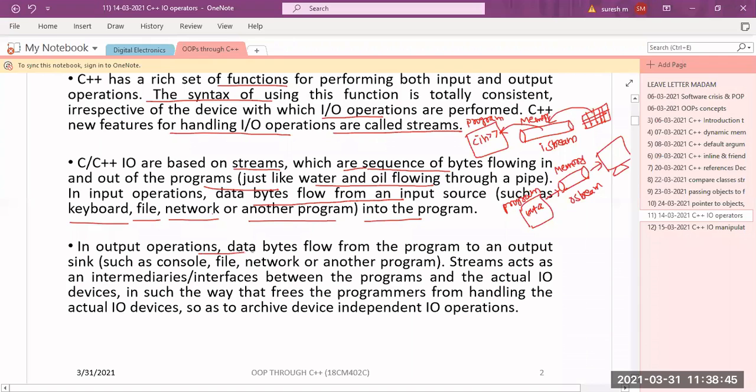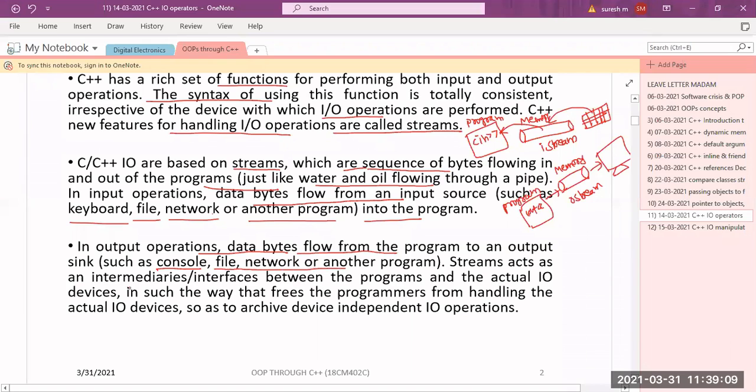In an input operation we are taking the data from this sequence of bytes. In output operations, data bytes flow from the program to the output sink. Output by default means console input/output, that's why cout means console output. Console means the console screen, the black screen, that is the command monitor. It can also be a file, a network, or another program.